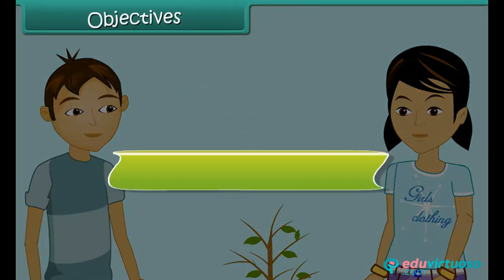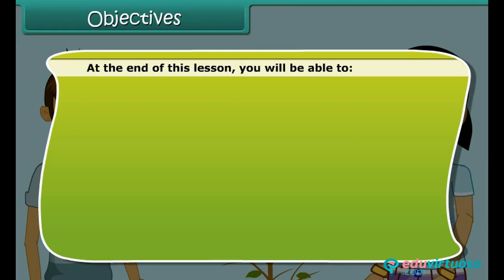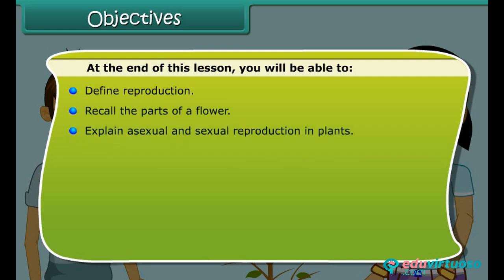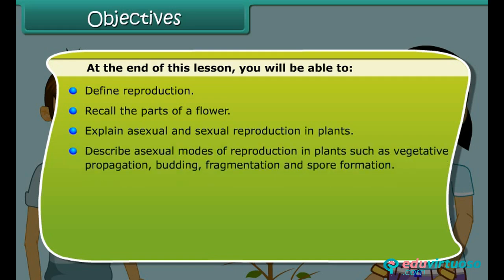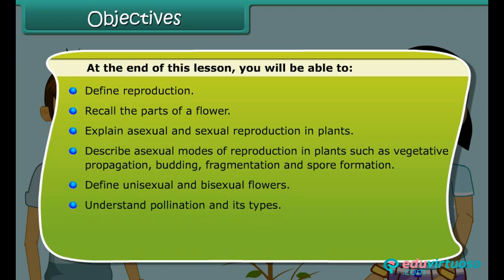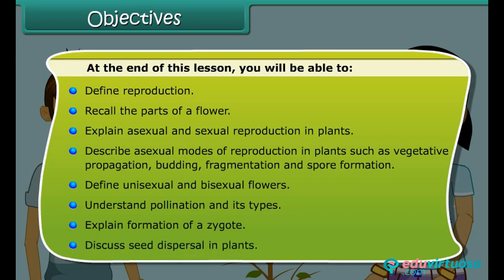Objectives. At the end of this lesson, you'll be able to define reproduction, recall the parts of a flower, explain asexual and sexual reproduction in plants, describe asexual modes of reproduction in plants such as vegetative propagation, budding, fragmentation, and spore formation. Define unisexual and bisexual flowers, understand pollination and its types, explain formation of a zygote, discuss seed dispersal in